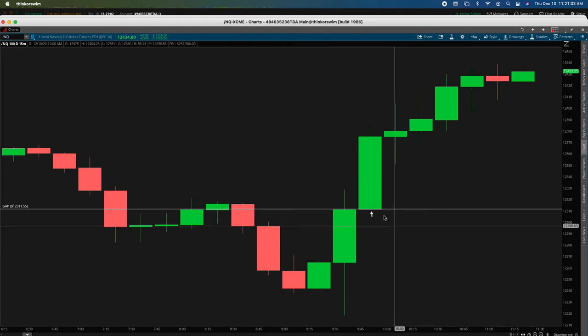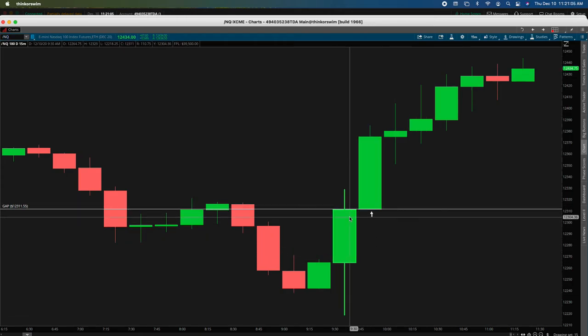The problem is people will not notate this because they feel like it's not big enough to be notated. Yes, it is. A gap's a gap. It doesn't matter. Get that out of your head that the gap has to be humongous. It doesn't. You have to notate that. You have to put that down.